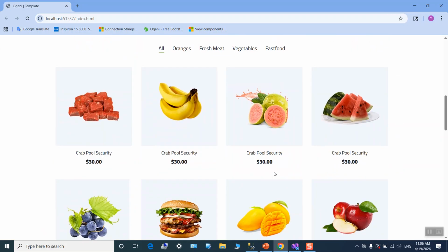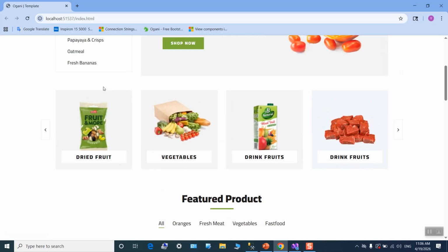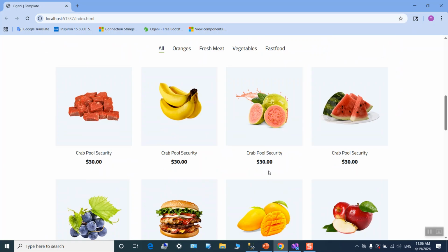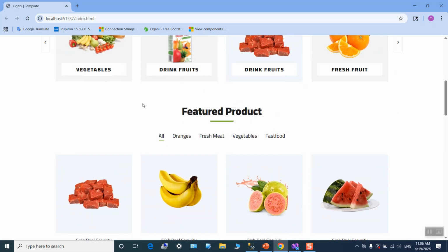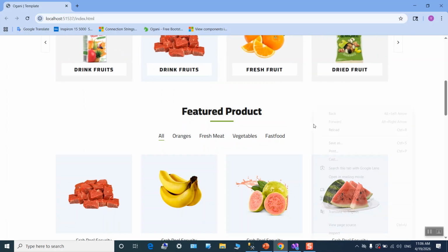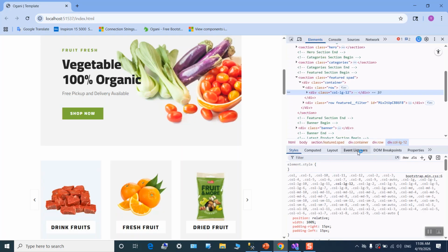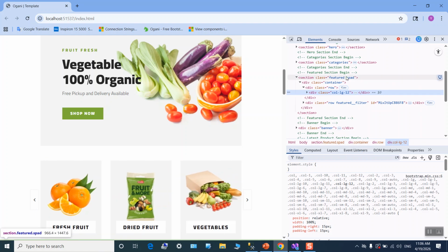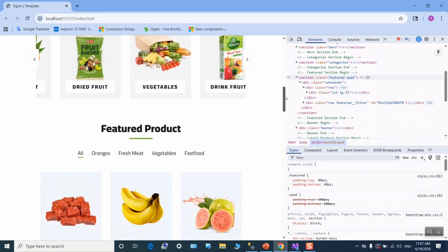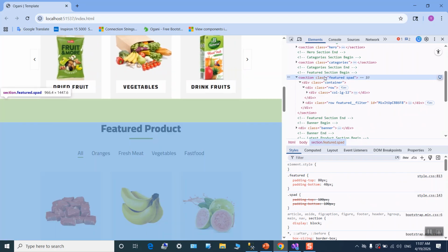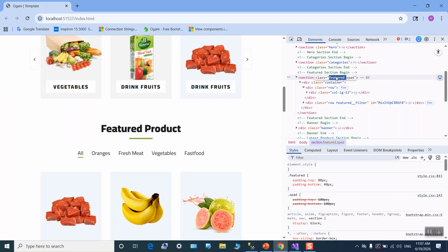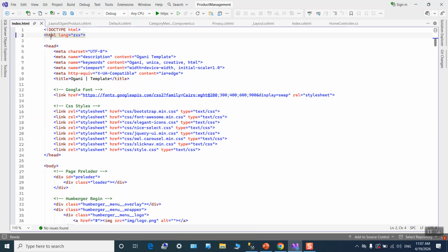We have to decide where to put our product list. It depends on you. You can put it here or put it here. So I decide to put it in this area. So right click, inspect, double click, copy, back to Visual Studio and Ctrl F, Ctrl V,